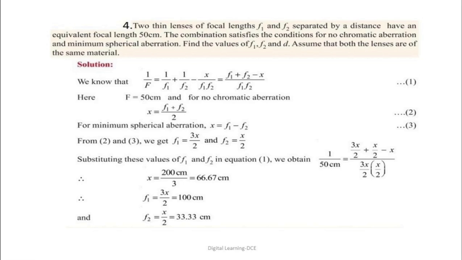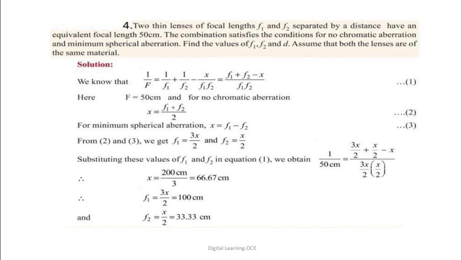Call that equation 2. From 2 and 3 we get f1 is equal to 3x/2 and f2 is equal to x/2. Substituting these values of f1 and f2 in equation 1, we obtain 1/50 cm is equal to (3x/2 + x/2 - x)/((3x/2)(x/2)). Therefore, x is equal to 200/3 cm, which is equal to